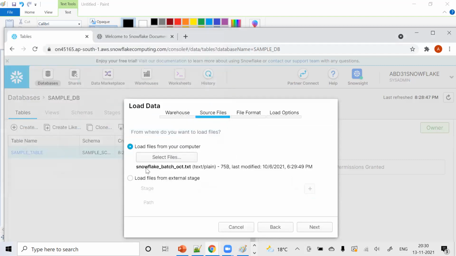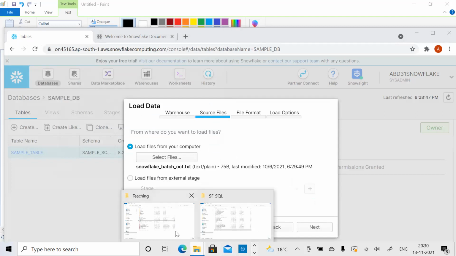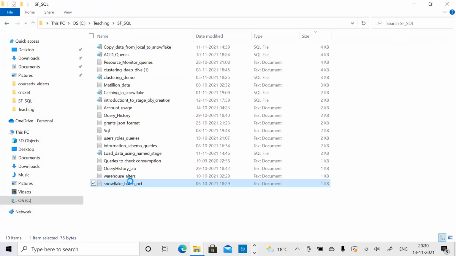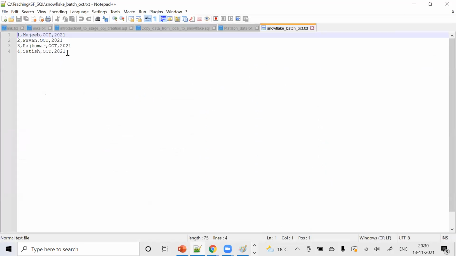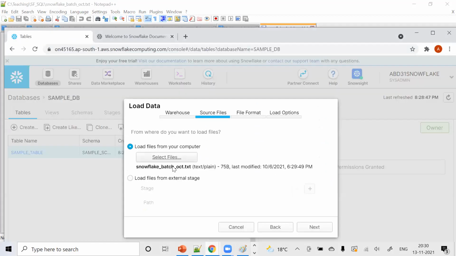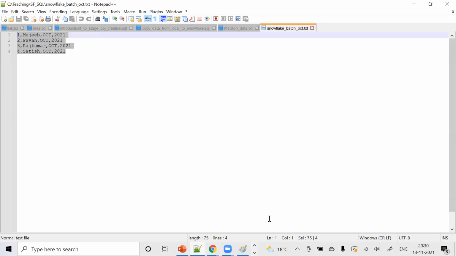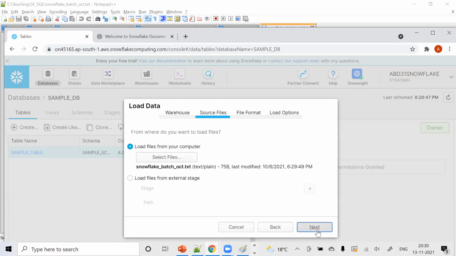So I selected one file, snowflake batch.txt, and I'll show you also what that file is. This is just from one of the earlier batches. I had created a file of my student names and batch and year and all that. So I've selected that file, and it's a comma separated file, as you can see, right? And there is no header. So if I say next,